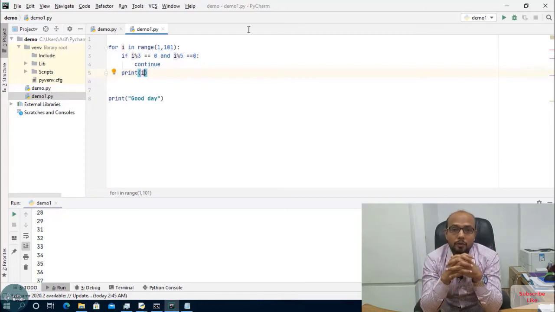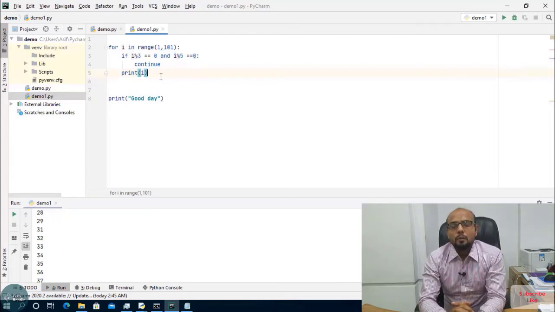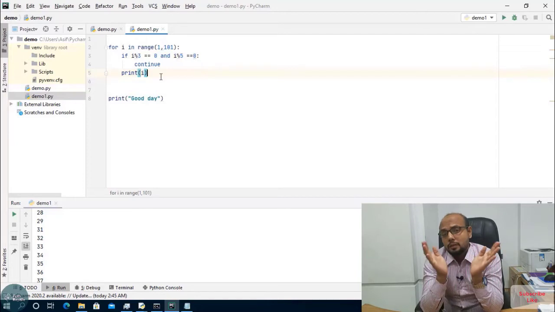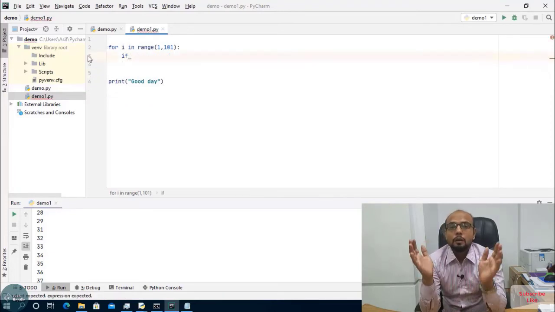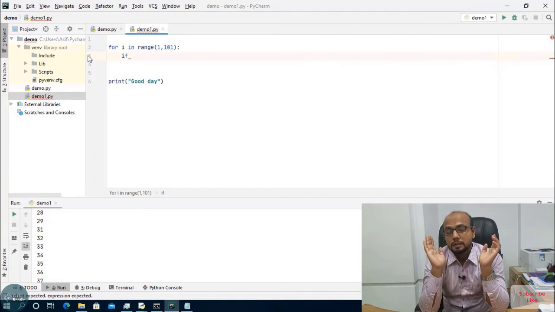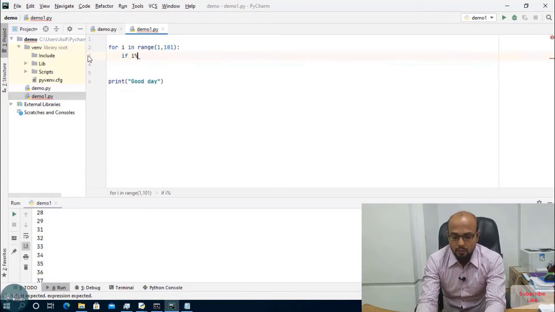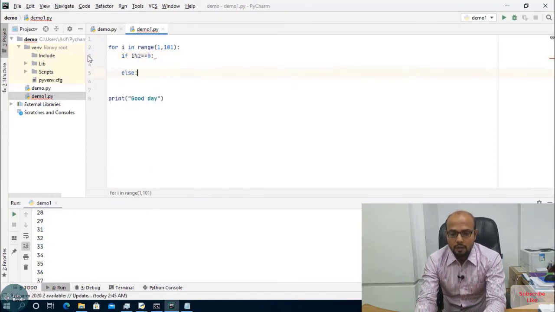Now I am going to talk about pass. If I want to print the values from 1 to 100 except the even values, that means I am going to skip the even values. How can I do this? Just think about odd values, not even. I am going to skip the even values. If i mod 2 equal 0, I am going to